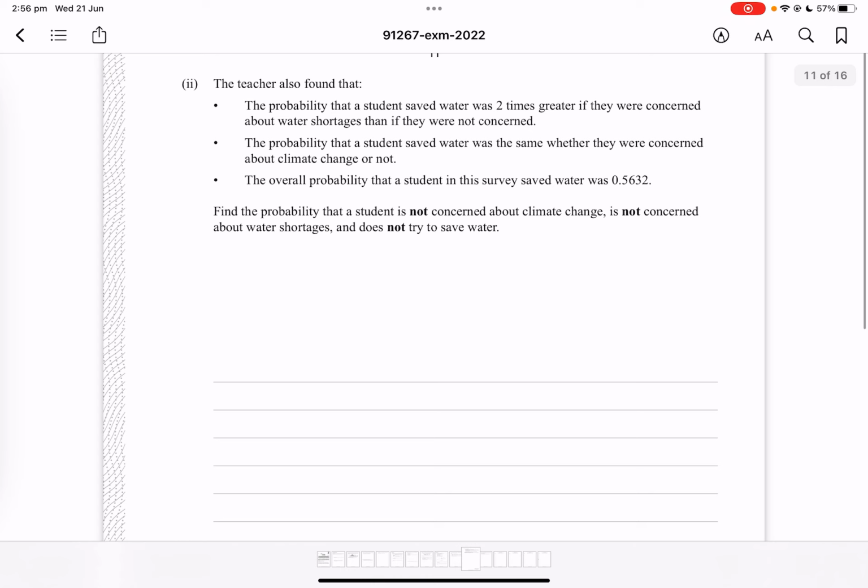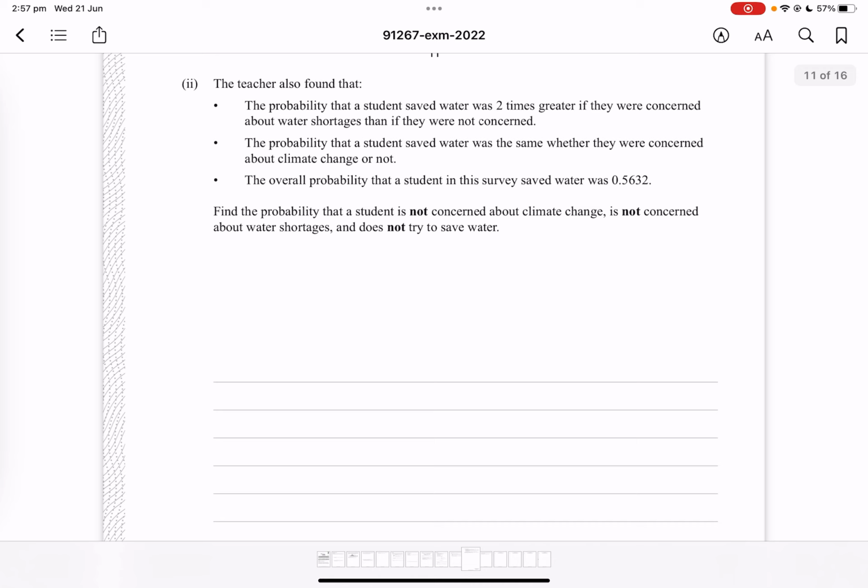The teacher also found that the probability that a student saved water was 2 times greater if they were concerned about water shortages than if they were not concerned. The probability that a student saved water was the same whether they were concerned about climate change or not. The overall probability that a student in the survey saved water is 0.5632. Find the probability that a student is not concerned about climate change and not concerned about water shortages and does not try to save water. Okay,